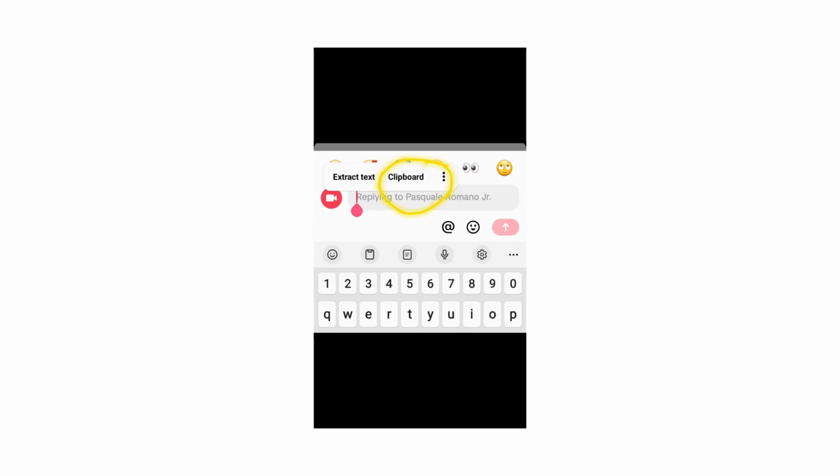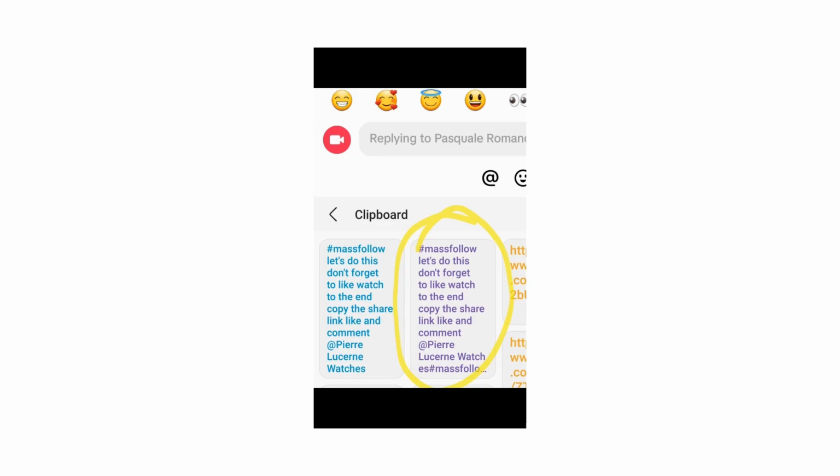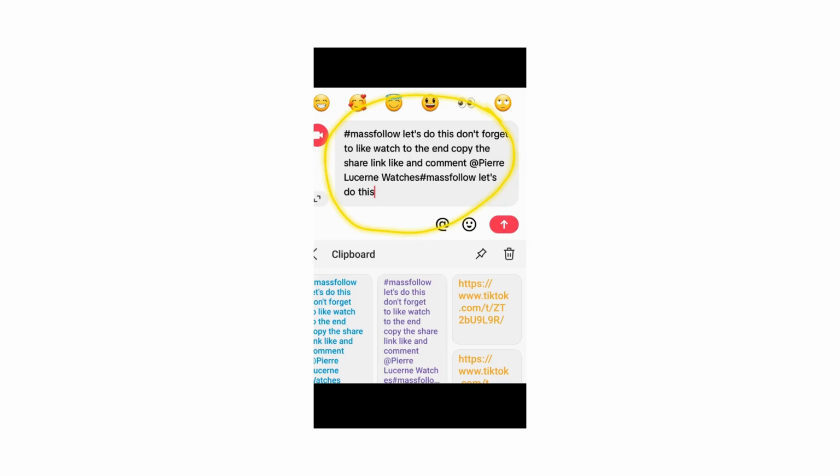Once you find your clipboard, it should pop up in your Android. You can actually take that text and just press on it. It'll automatically populate your comment box. So you're not typing this every time you go to make a comment. Man, what a relief it was when I found that shortcut. It just saves a ton of time, especially if you're doing something like this repetitively.